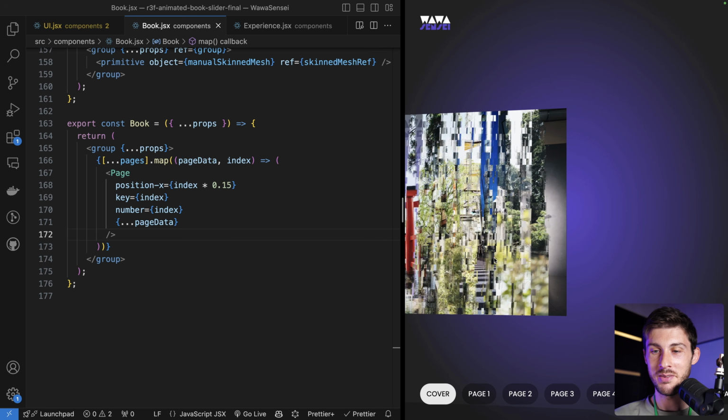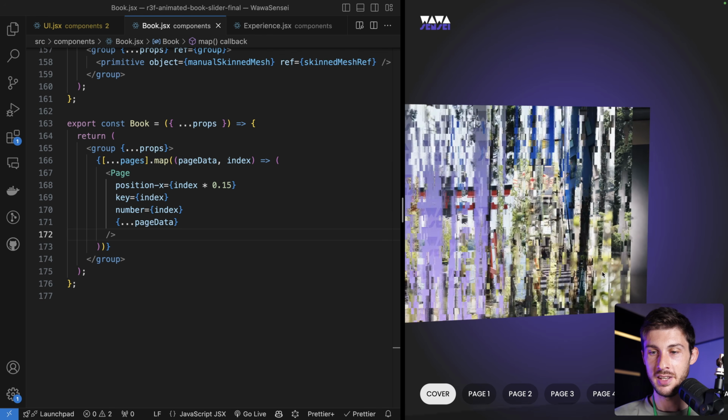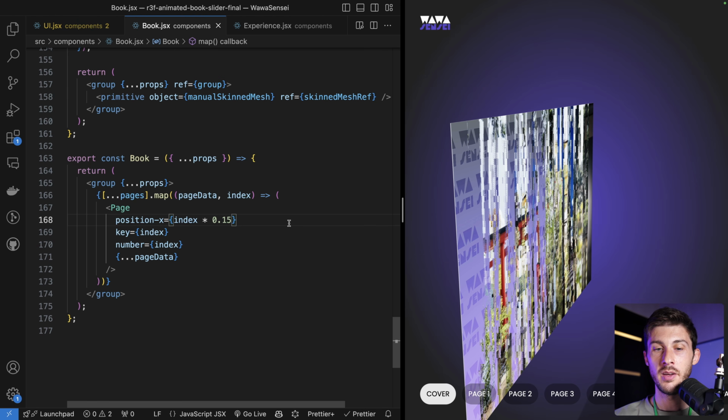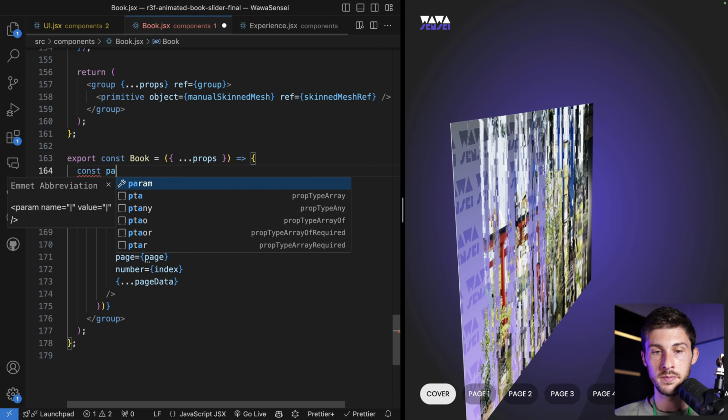Here is what we have. It's not ideal. They are all fighting on the Z position. To position them correctly, we need to know on which page we currently are. So here we will add a new prop, page, which is equal to page. And we have a page variable,